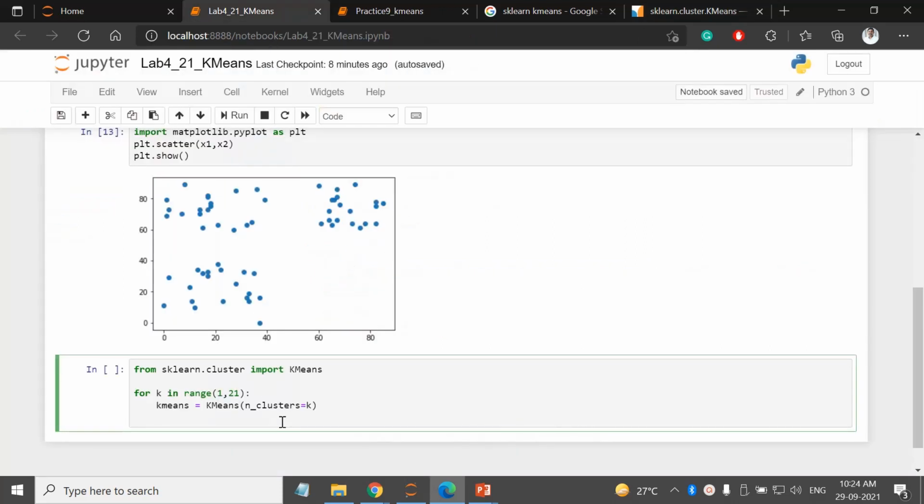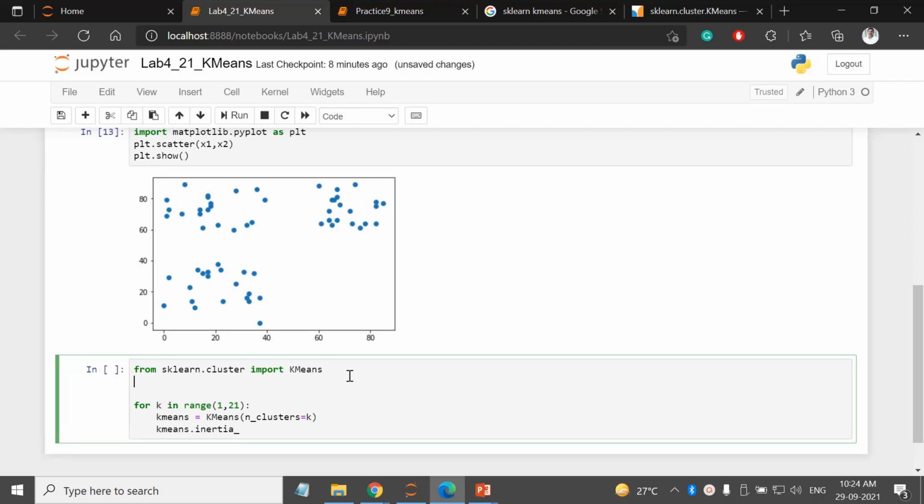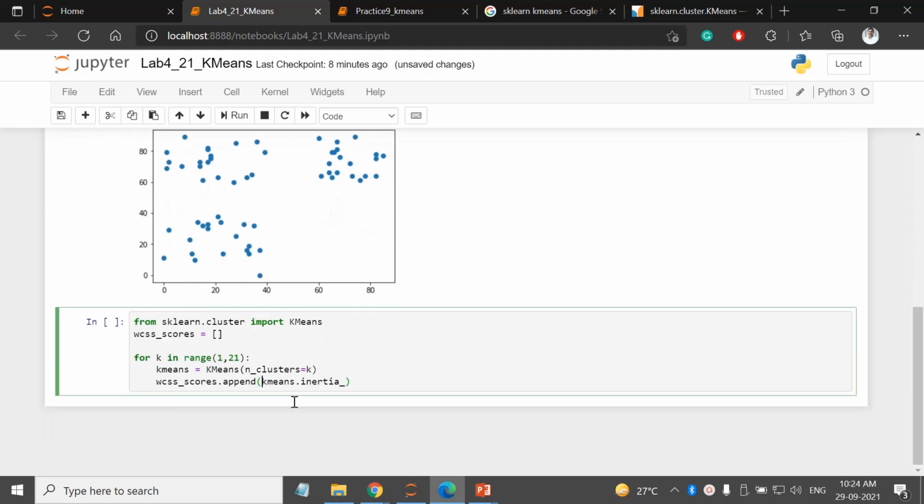So for the generated object I can get that inertia score, and let us keep that in one list. That list is wcss_scores. We will create an empty list, and keep appending those inertia scores in that list. So what I am doing: I have imported that class.